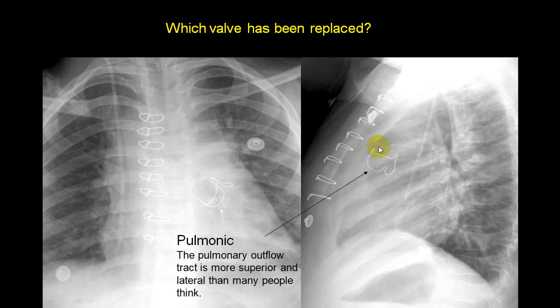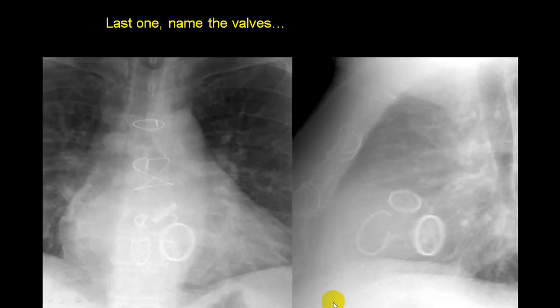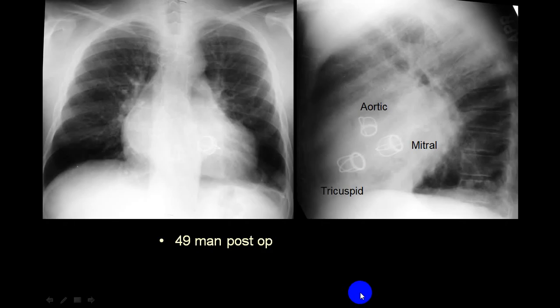So this is the pulmonary valve, topmost. If it is here, this will be aortic. If it is posterior, mitral. Anterior and lower down, tricuspid. You can see here, in this view, this will be aortic, this will be mitral, and here it will be tricuspid. So aortic, mitral and tricuspid. Where is it? And these are sutures. Again, aortic, mitral and tricuspid.